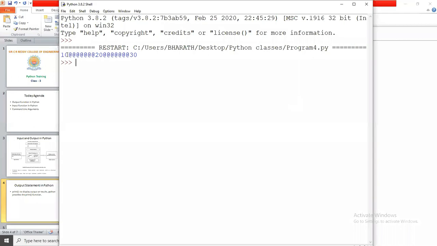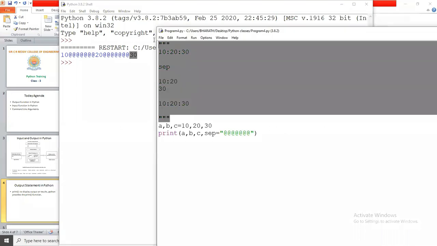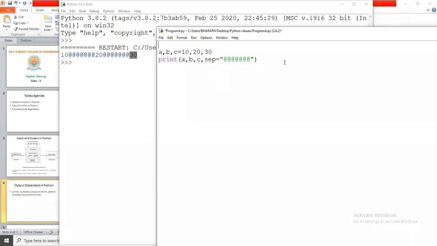Okay, so this is the output: 10, these are the separators, 20, these are the separators, and 30. So this is about the print function with the separator attribute. We have another attribute, that is the end attribute. Now we are going to write one small program. Here I'm going to print